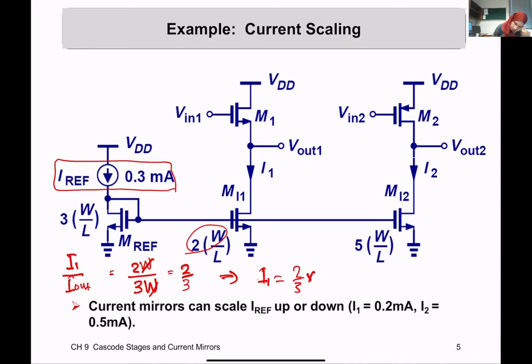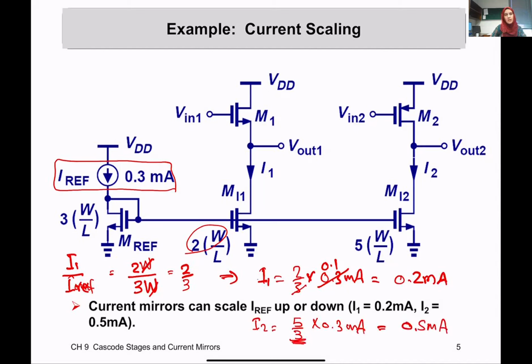Therefore I1 equals 2 over 3 multiplied with IREF, which is 0.3 milliamps. So this is going to be 0.1 times 2, so it will be 0.2 milliamp. And I2 will be 5 over 3 times 0.3 milliamp, the same ratio of the width. So this is going to be 0.5 milliamps. Any question? Wherever you are copying it, at any point, it will be the same based on the ratio of the transistors